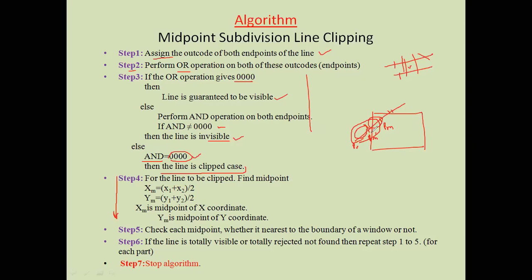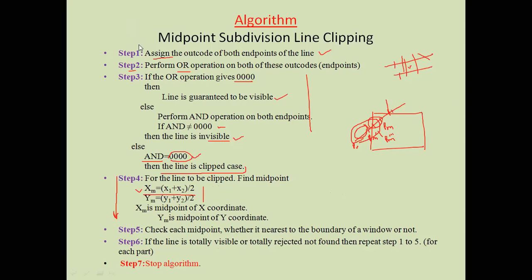And if it again requires clipping, then again clipping is done, and we will find the midpoint again, that is P triple dash M, likewise. Okay, so we'll keep on going until the complete line is visible on the screen. So these are the steps followed. So how do we find the midpoint? Simply we will find the value of x, M midpoint, that is x1 plus x2 divided by 2. So the calculation has become very simple instead of finding the intersection across the edges. Fine.